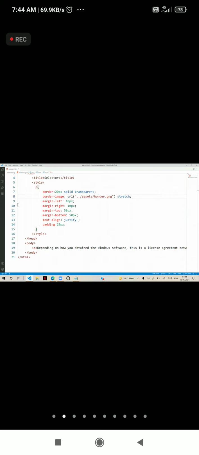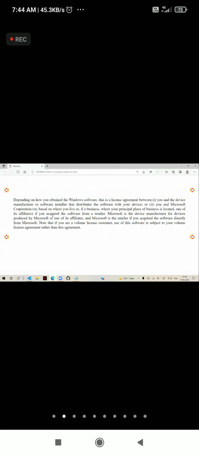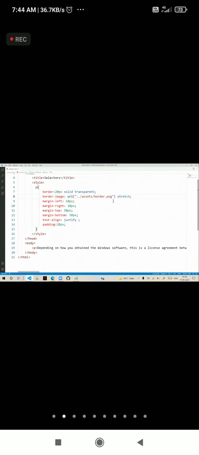Why? Because after defining repeat or round or stretch, one more option you need to mention. Border image also requires how much style you want. That means you can put a fill style, you can put the space.